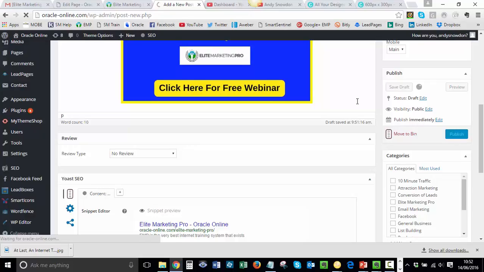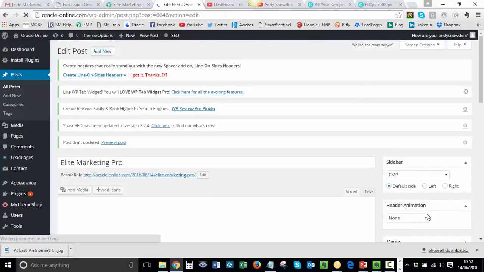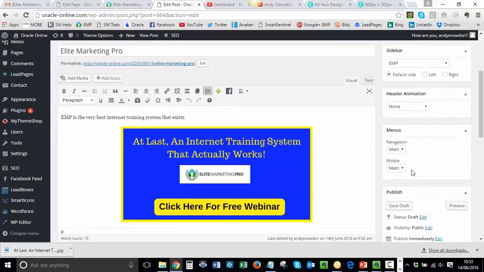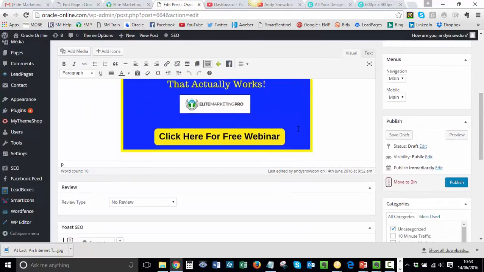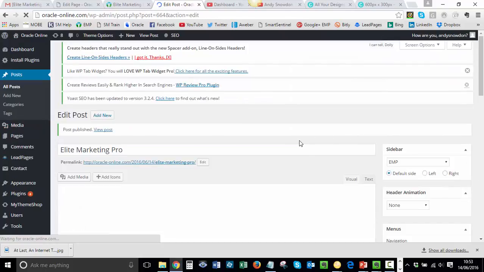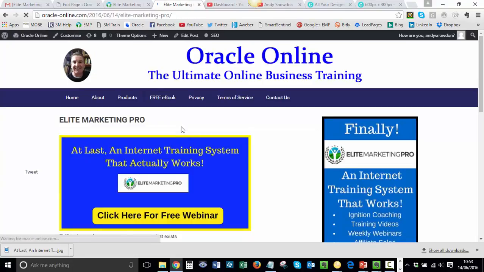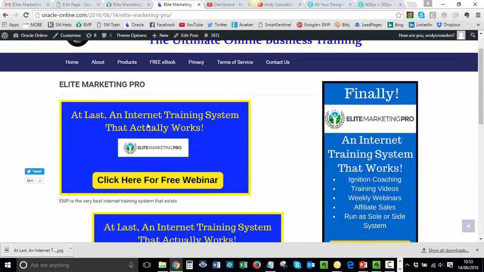So what should have happened here is the sidebar that I've stored into custom sidebars should actually turn up on the side. That was actually a pre-prepared one from EMP, in fact with the banner link, but I could have also made my own there, and my own banner is at the bottom with a call to action on it. I'm going to press publish. And with fingers crossed, now press view post, have a look at it, and oh, I don't know why